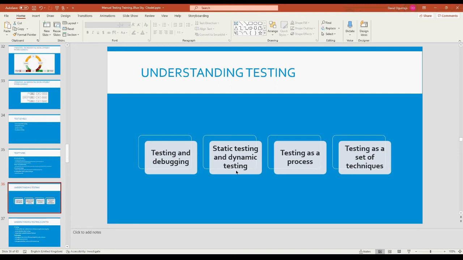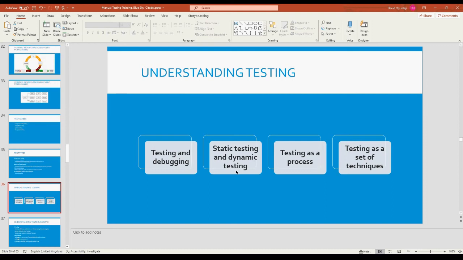However, debugging from a manual testing point of view would look like you trying to investigate why the error is showing up while testing, or where. You are trying to find the where or why. If you find the where, that is good. If you find the why, that is absolutely fantastic. But the debugging concept basically is what a developer does. He identifies, analyzes, and removes the bug. Can you see? Debugging, removing